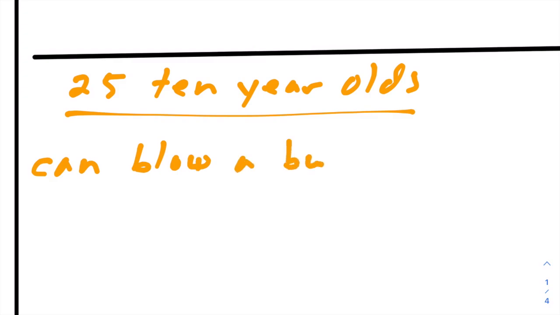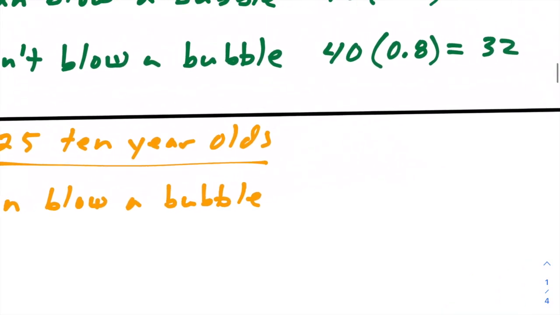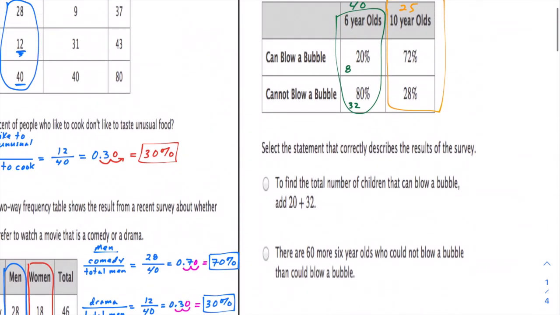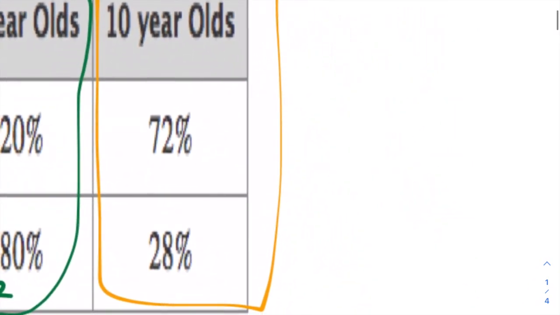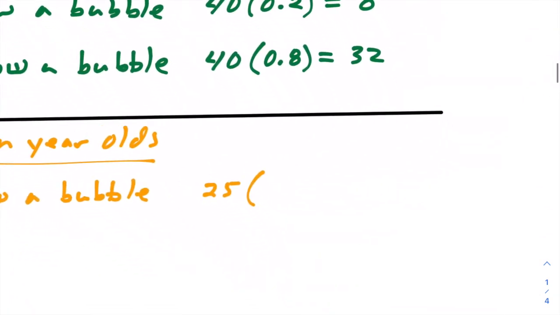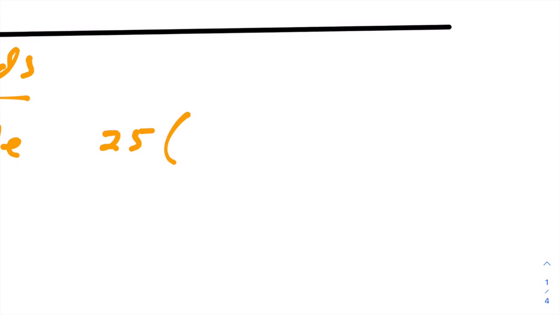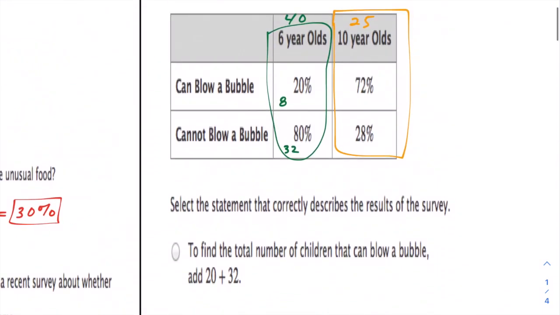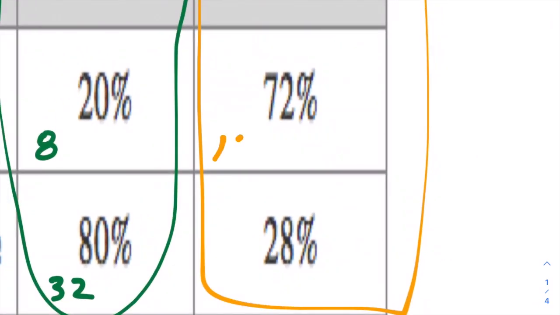So first off, can blow a bubble. So there were 25 of them. Out of those 25, I am told that 72% can blow a bubble. So again, 72%, take the decimal, move it to the left twice, we end up with 0.72. Calculator, 25 times 0.72, I get 18 kids. So 18 out of the 25